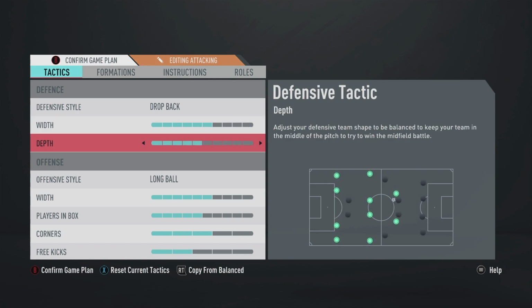Now for the width, for the depth I should say, we aren't going to go too negative, so we're going to leave it on balanced, so 5 bars. Now I've tried a more negative approach, so fewer bars, but I have found that it wasn't very effective against the better players, because as I've said in previous videos, you never really want to invite too much pressure, especially against skilled players, because